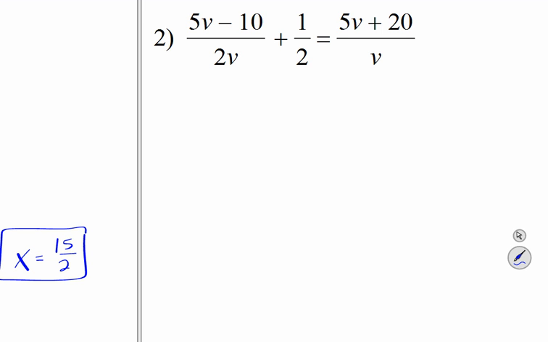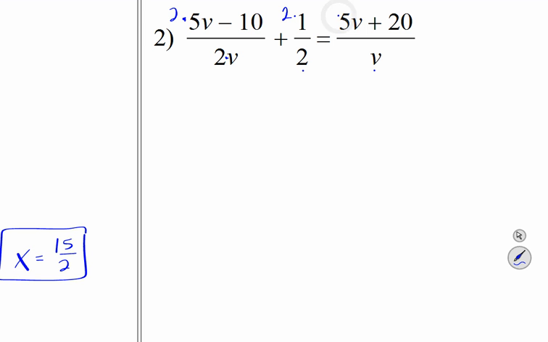Let's work number 2. We have a similar situation here. There's a couple factors that are in our denominator. So the factors there would be, you have a 2 and a v. 2 times v, and if you look here, you have a 2 and you also have a v. Okay, so there's some repetition there, some repeated factors, which means if I multiply every single one of these by